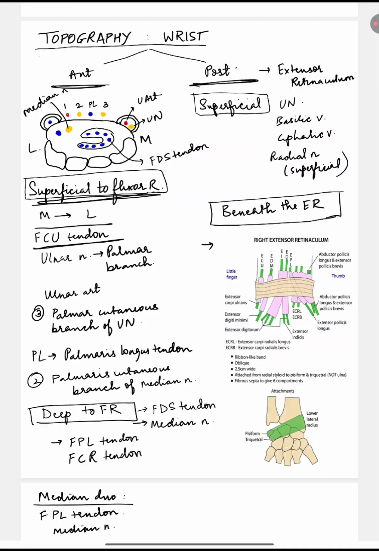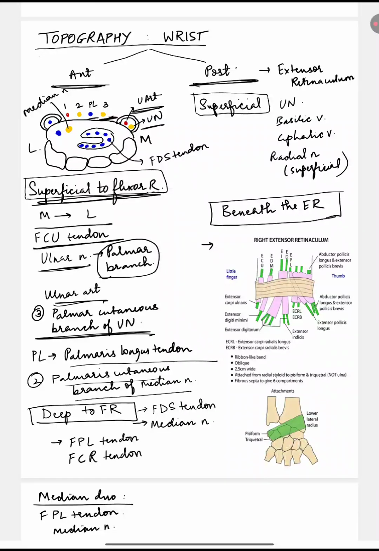Next is ulnar nerve, which is palmar branch. Next is ulnar artery. And third is palmar cutaneous branch of ulnar nerve. See, ulnar nerve, ulnar artery, palmar cutaneous branch of ulnar nerve. And next is palmaris longus tendon, palmar cutaneous branch of the median nerve. Now next is